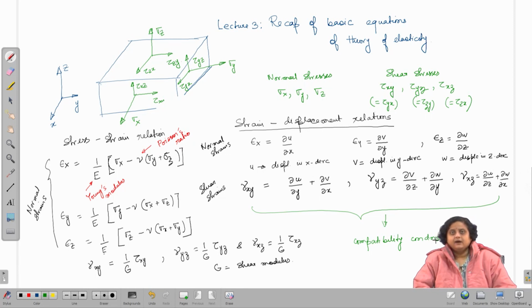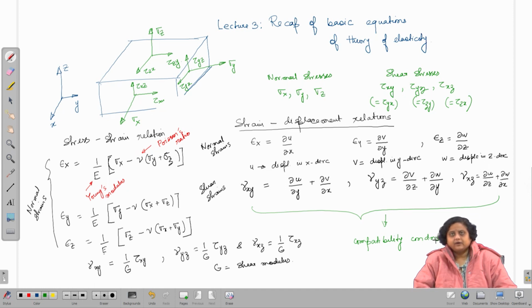So, I have given a very brief recap of the basic equations and theorems of theory of elasticity, just to start with the aerospace structural analysis, with the assumption that most of the audience for this course already have a working knowledge of theory of elasticity. If you need to know further about the theory of elasticity and how these equations are derived, you probably need to go through some textbook.